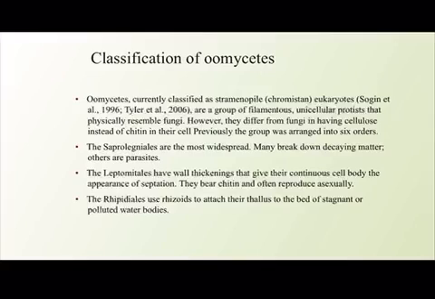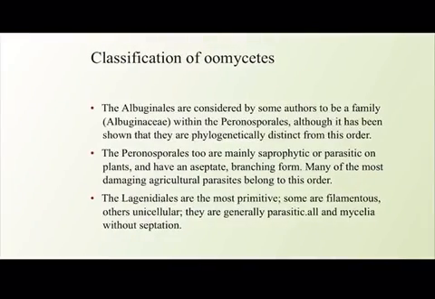Previously, the group was arranged in 6 orders. The orders are respectively the Saprolegniales, which are the most widespread. They break down decaying matter and others are parasites. Leptomitales have thickenings that give their continuous cell body the appearance of septation, and they bear chitin and often reproduce asexually. The Rhipidiales use rhizoids to attach their tails to the bed of stagnant or polluted water bodies. Coming to the next slide, the Albuginales are considered by some authors to be a family within